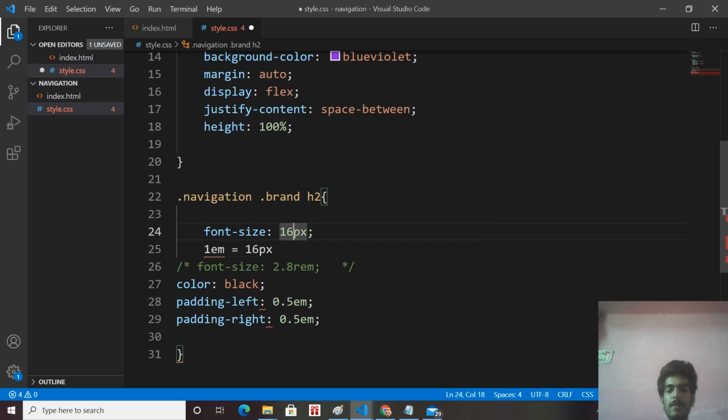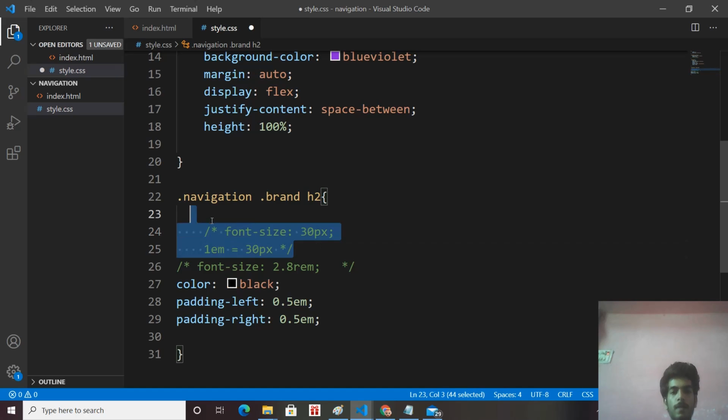If I increase the font size to 30 pixels, then 1 em is equal to 30 pixels. Whatever font size you define, em takes that value. This is how em works.